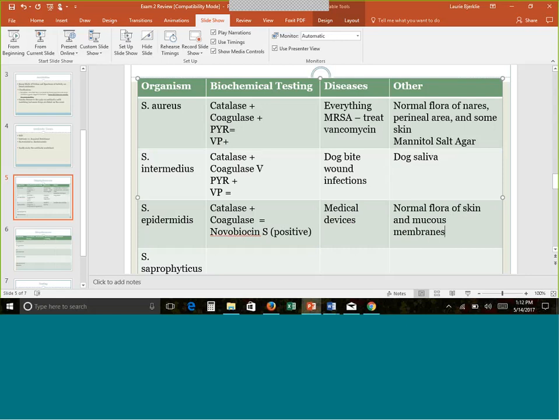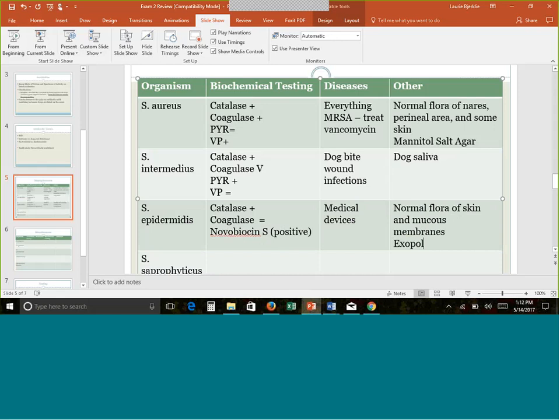As a result, a lot of times it's just contamination in the microlab, because if they don't do an aseptic collection process, say of a wound, and they pick up a little bit of the skin, we could grow Staph epi then on the agar. So a lot of times it's just contamination, but when it does cause disease, it's typically linked to those medical devices. And again, it's because it can produce this